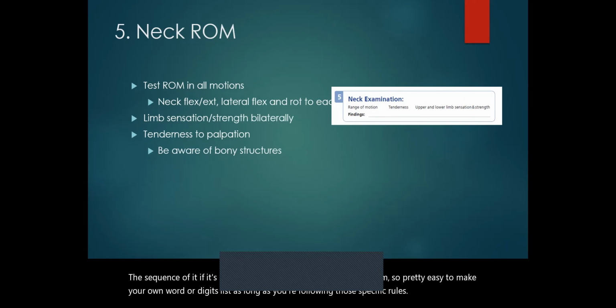Part 5, neck range of motion. Now in the SCAT 6, I believe this is moved a little bit earlier up within that whole battery of tests, but we're just looking for their range of motion. So if we can palpate or feel along the spine and automatically note a lot of tenderness or a lot of pain, we're not then going to say, okay, let's move it around side to side. No, that's indicating that there might be some serious cervical spine issue or injury. We're basically just going to stop there, get them on a seat collar, get them in an ambulance, go into the hospital, things like that. Because of the severity of what this could indicate, it's been moved earlier on into the list.